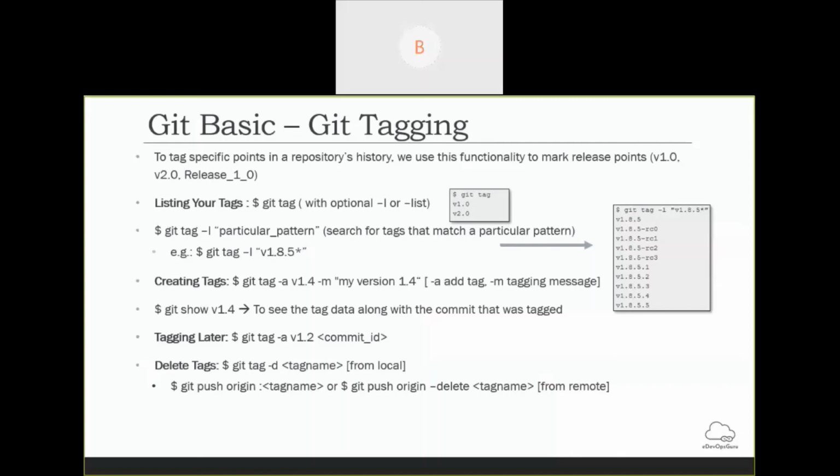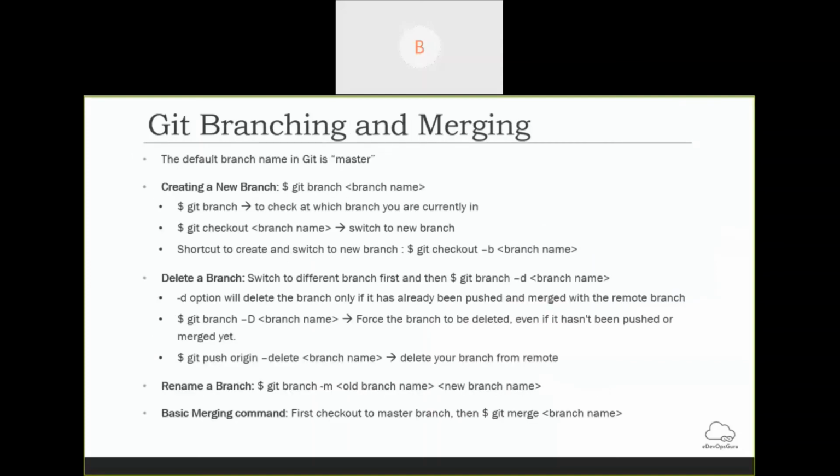Okay, if you want to add tags at a later phase, like since 1 year we have not done any kind of tagging, now we are thinking that our project needs to be tagged, you can add your tags by looking at your commit history as well. So these are the different options for how to add tags.